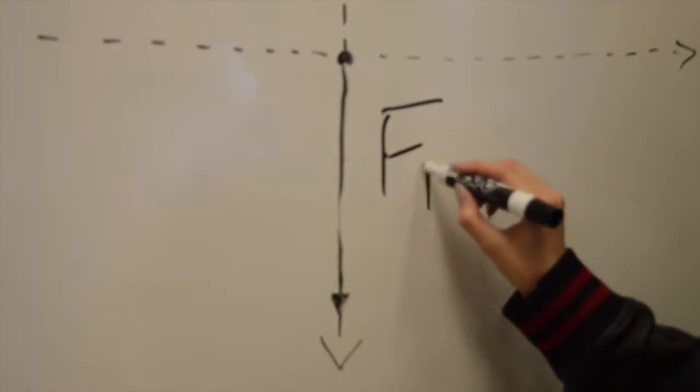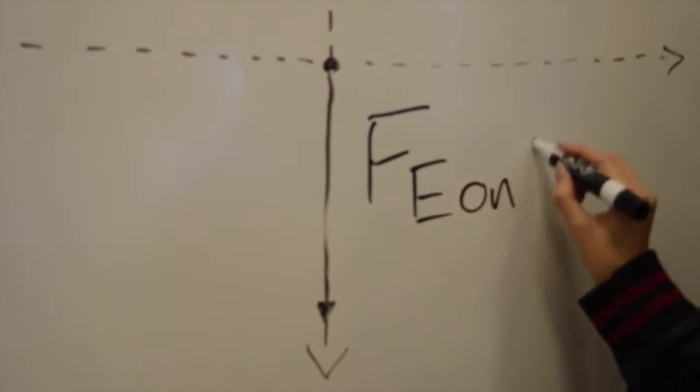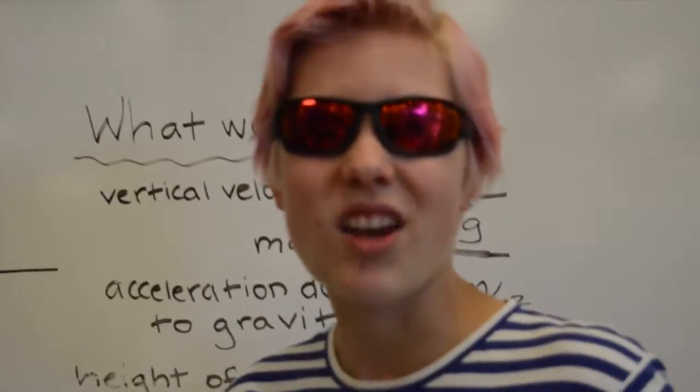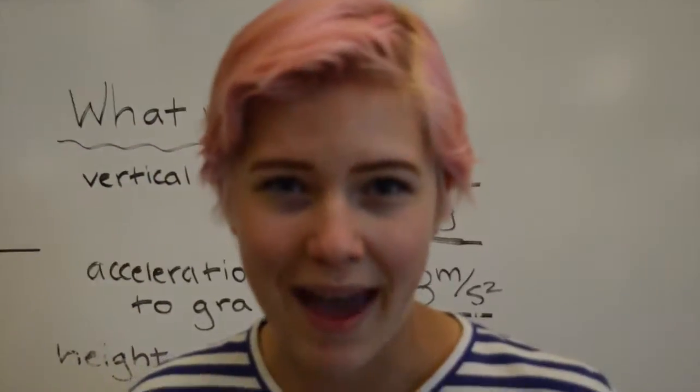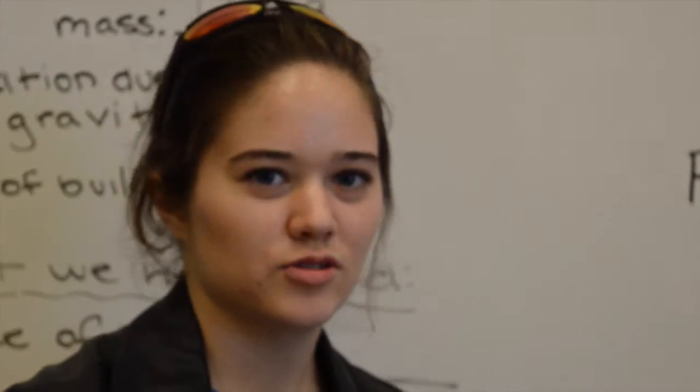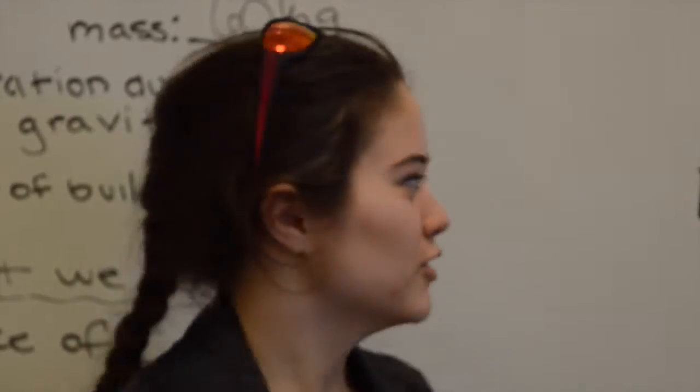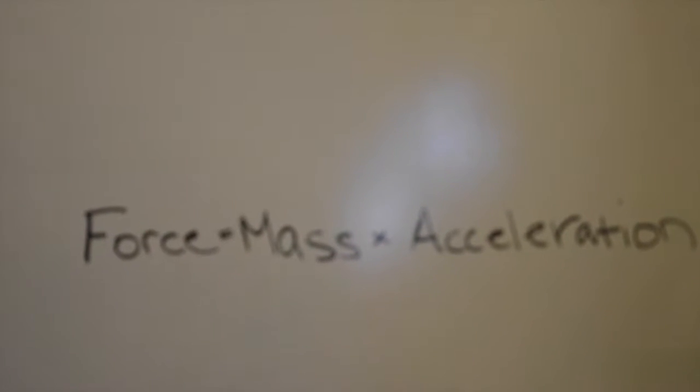Newton's telescopes. This is going to be more complicated than I thought. Assuming that the force of air resistance is negligible, we know that the only force acting on her is the force of Earth. Let's solve this problem with math. You're absolutely correct, Ancient Newton. We should use the equation force equals mass times acceleration.